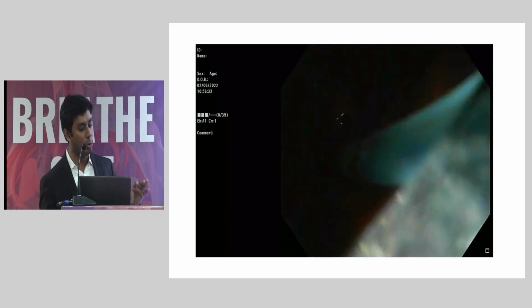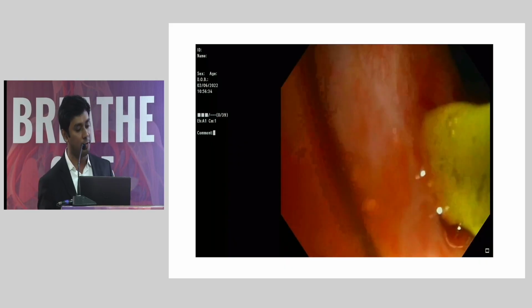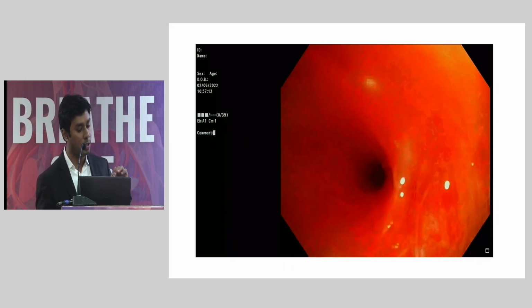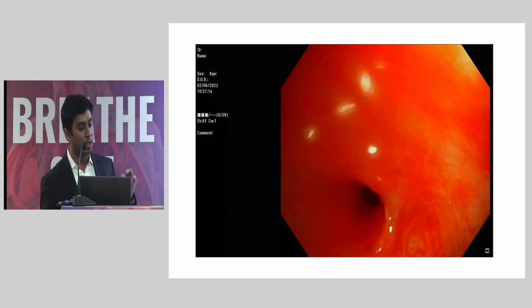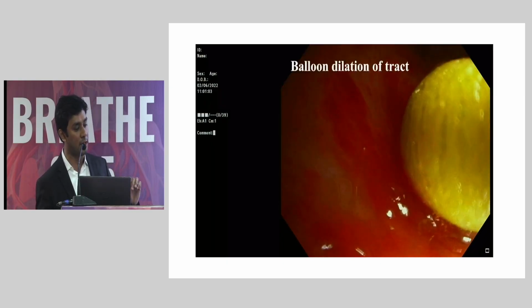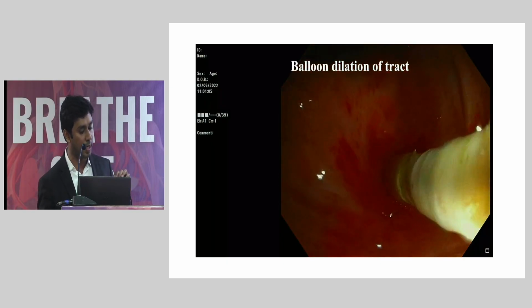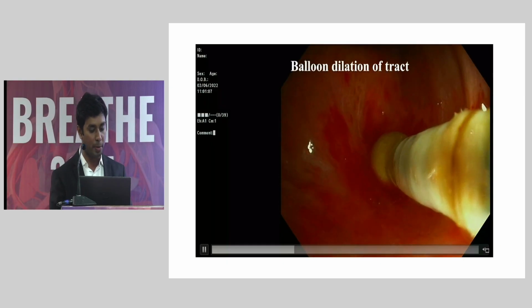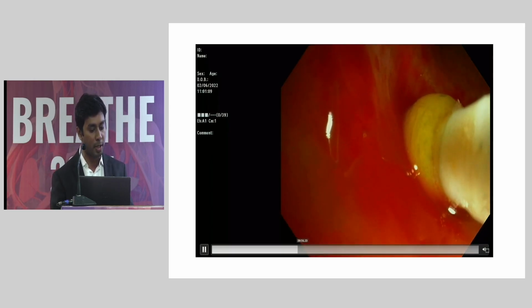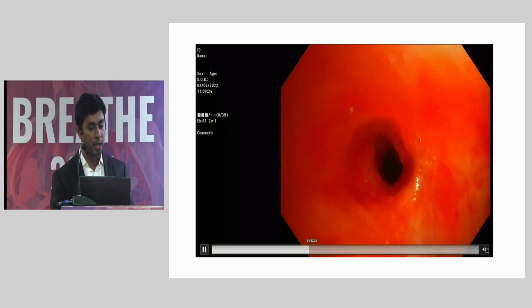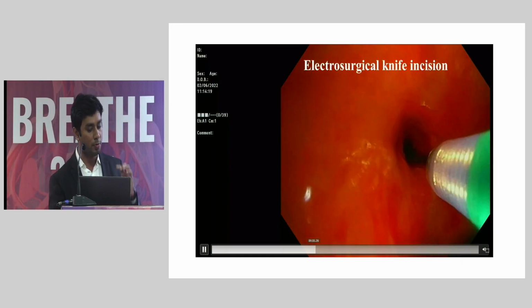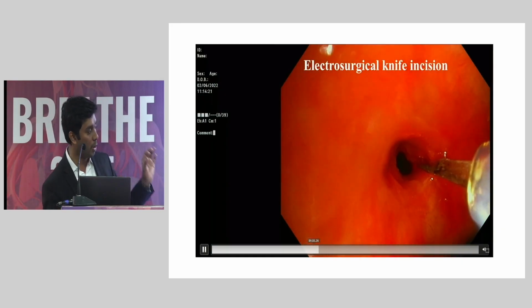So what we are doing initially is the blunt dissection of the airway. So we use these Fogarty balloons to cause the blunt dissection of the airway. And luckily we were in the right tract and we were able to open up the airway. And once this airway is open, right now you are seeing that we are using the balloon to further expand the airway. And once it is done, we are able to define the path, but the hole is quite small.